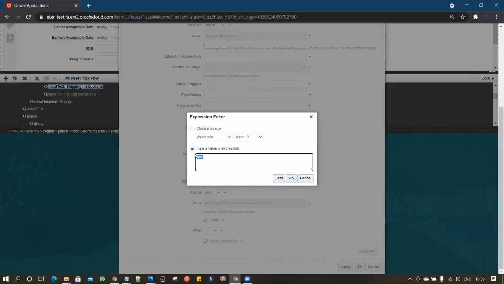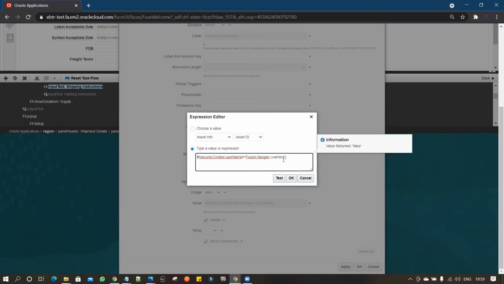Let's retype the expression and save it. Start with security context dot user name, add the user name and close the bracket. And now try to test it. It has to return false.